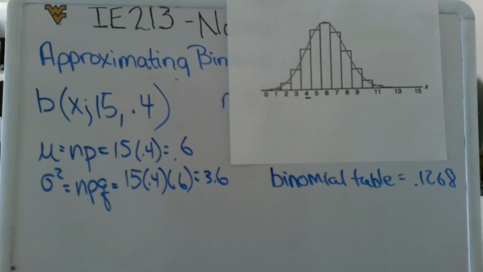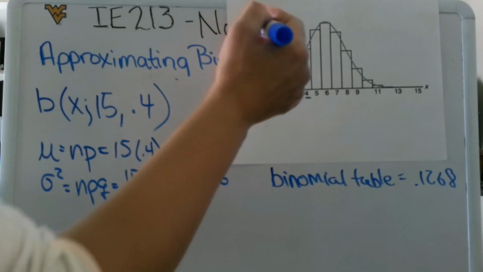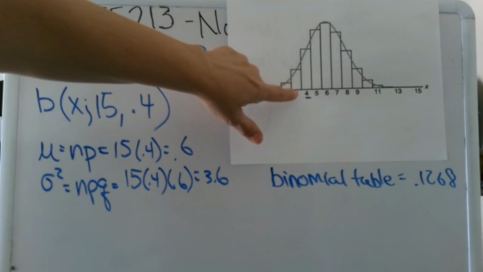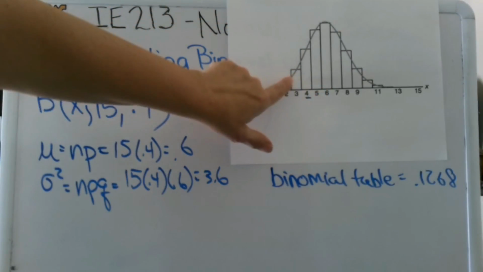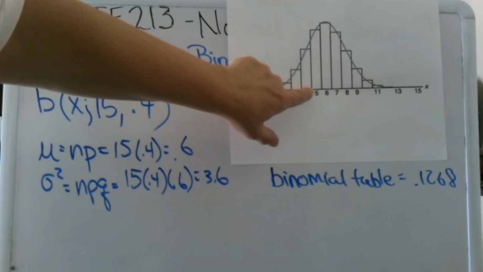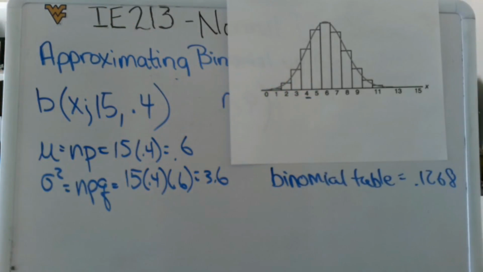Okay, so now we want to look at this rectangle 4. If you see, we have a 3 and a 5, so the edge, we're going to create an interval. So the edge of the rectangle is 3.5 to 4.5. That would be our 4 rectangle. So we are going to calculate 2 z